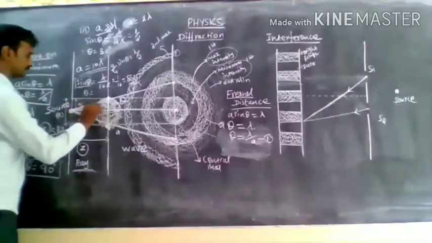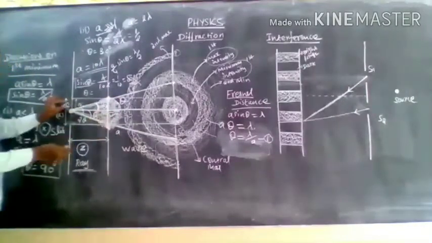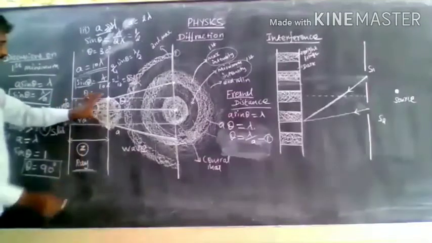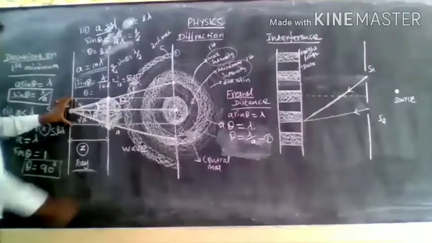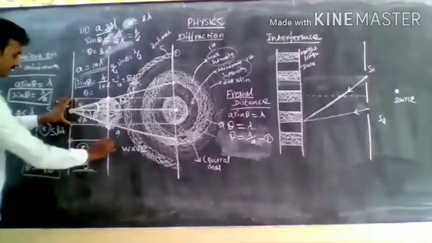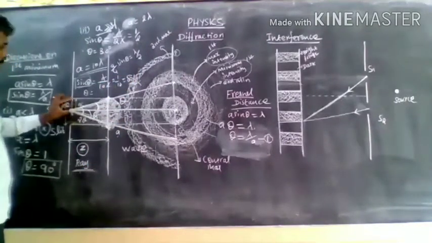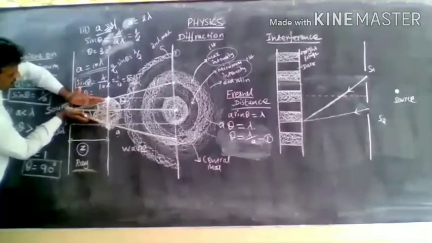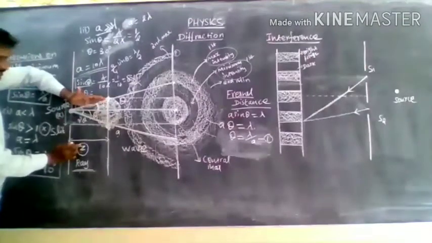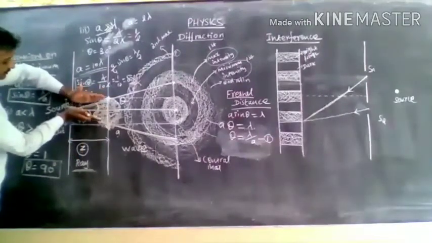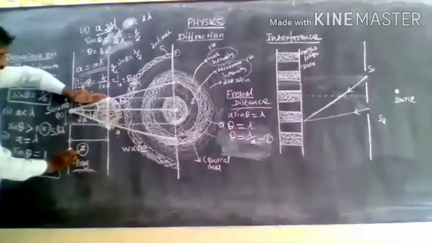Now consider this triangle, with the angular spread of the first minimum, in which the total angle is 2 theta. This is the opposite side, equal to the size of the slit, a. The hypotenuse is equal to Z, and it is known as the Fresnel distance. For a small angle, where the angular spread is minimum, the hypotenuse becomes equal to the adjacent side.